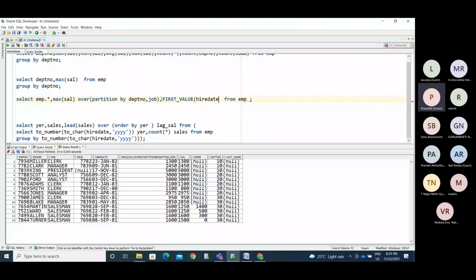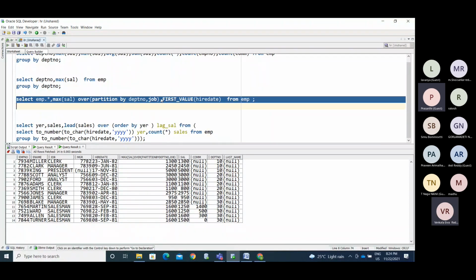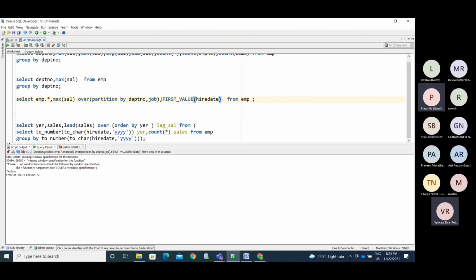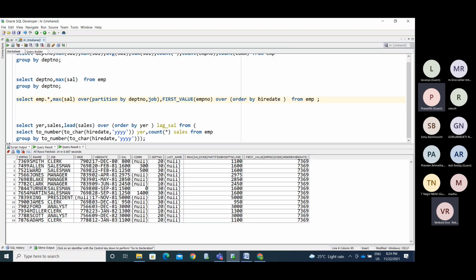If we want to use that, it's an analytical function, so we need to use the OVER clause. Who joined first? Based on hire date.